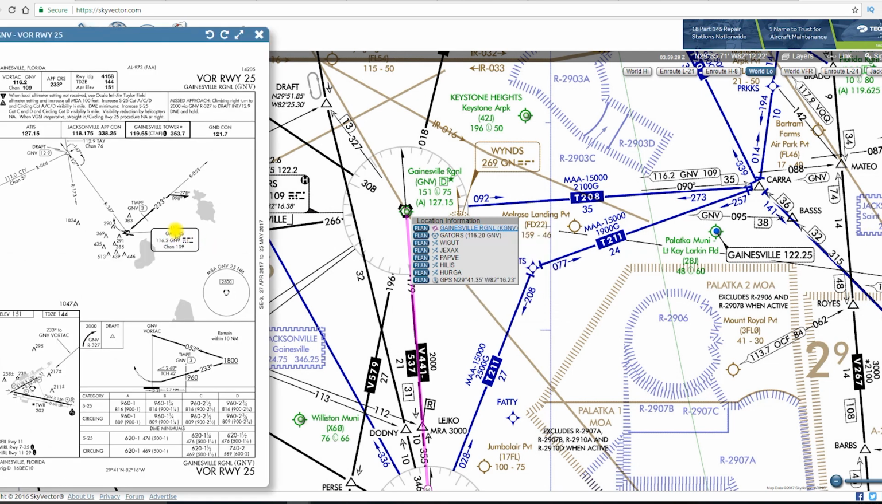Gators is an initial approach fix for the approach. So we can notice here that we could fly to GNV VORTAC, fly outbound, descend down to 1,800 feet, then come inbound, descending down on the approach. So we always want to end our flight plan at a place where the approach begins, or where we could easily get to a place where the approach begins, because the whole purpose of this flight plan is really for